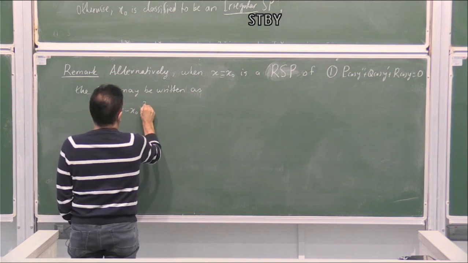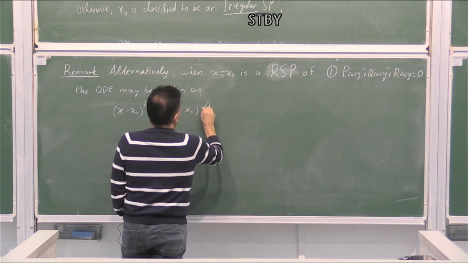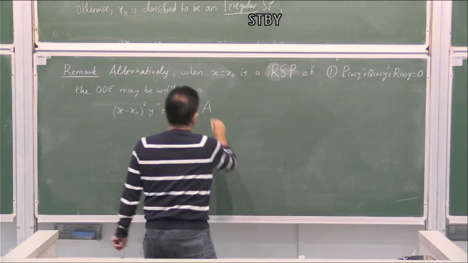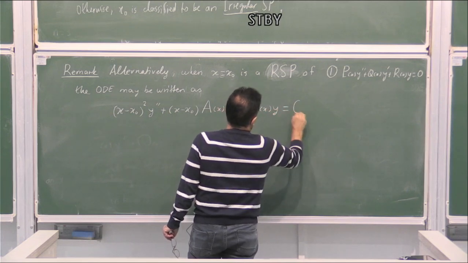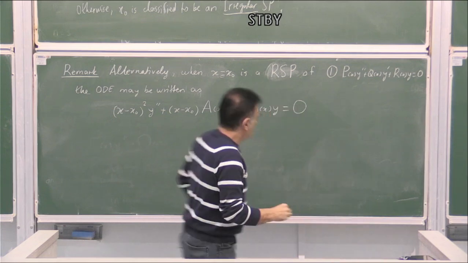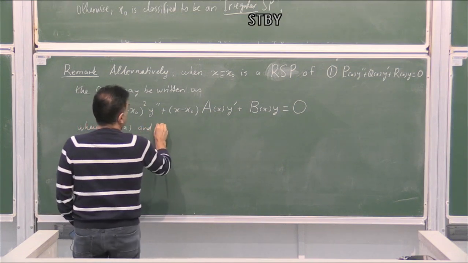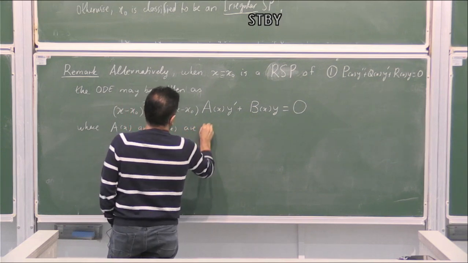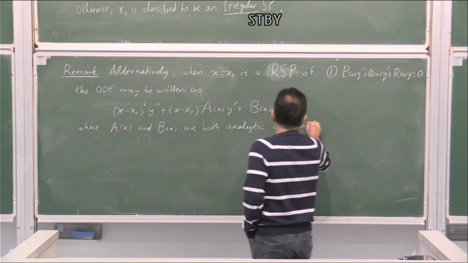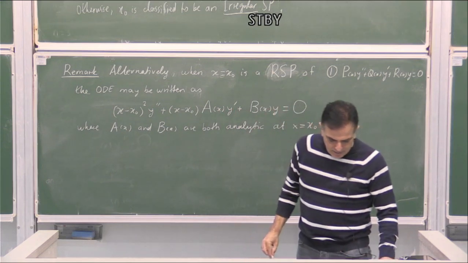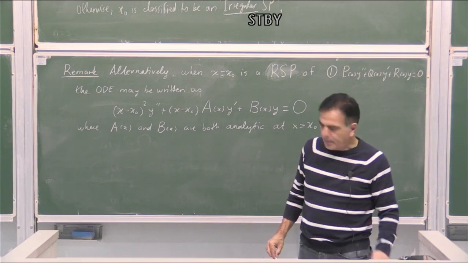(x minus x0) squared y double prime plus (x minus x0) a of x y prime plus b of x y equal to 0. Okay? Where a of x and b of x are both analytic at x equal to x0. Or we may say that